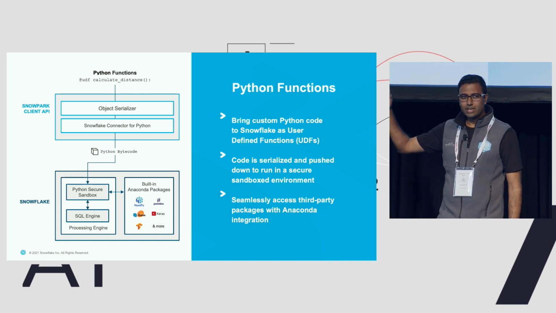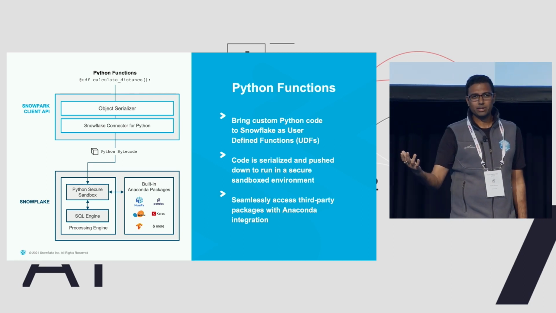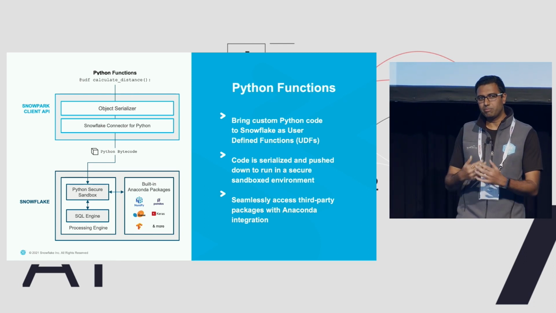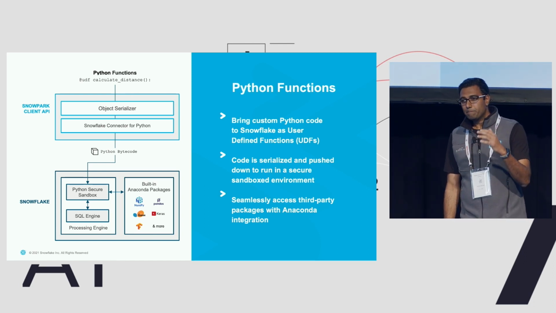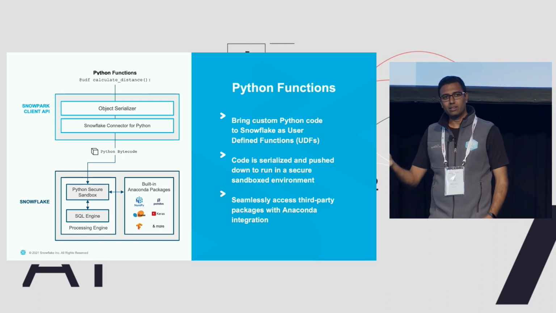In this example, there is a function which is calculating distance. It's using the GeoPandas library under the covers. Two points, call this library, calculate the distance between. Fairly simple code. But instead of using a query translator service, now we have something called an object serializer in the